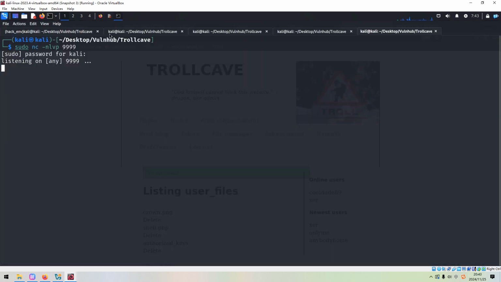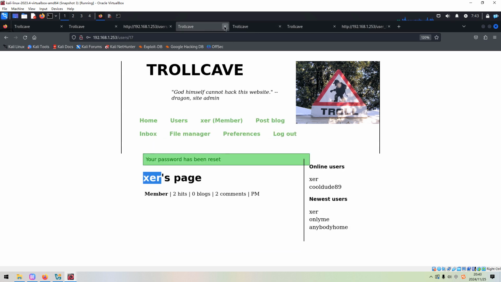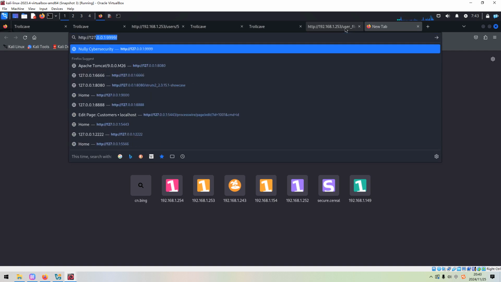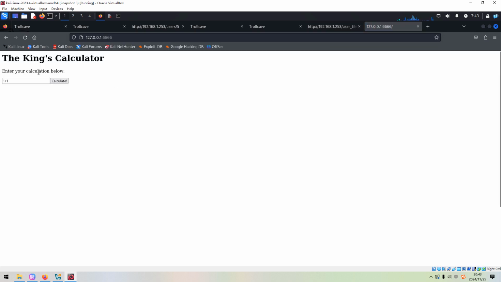Okay, so now maybe we can access this port number because we have already set up the port forwarding. So to access the 8888 port number, we can access 666. Okay, press enter, and as you can see, the King's calculator.